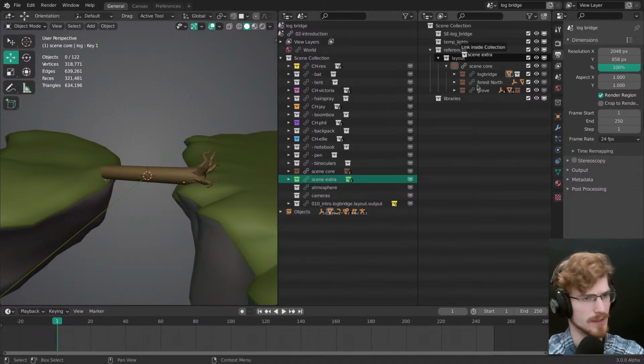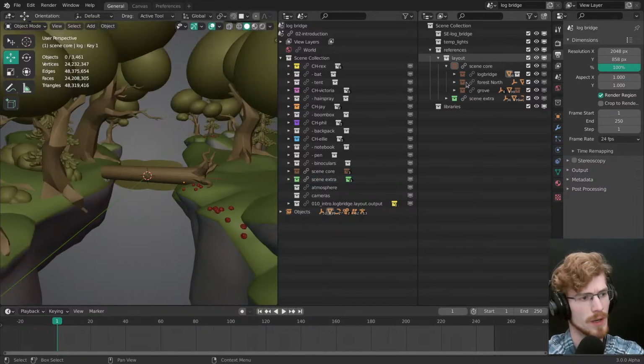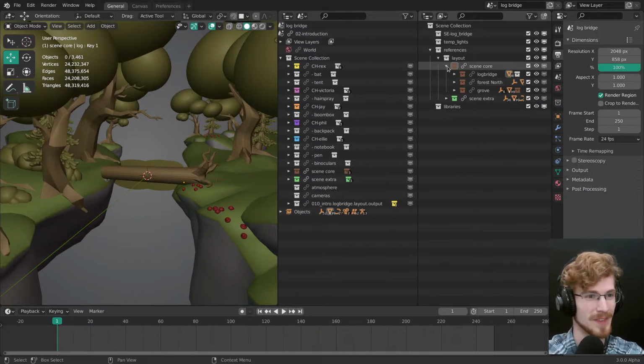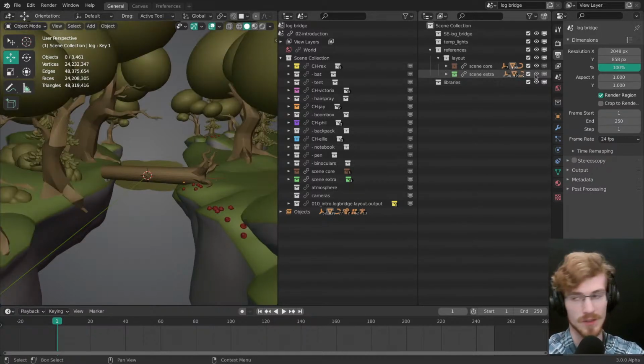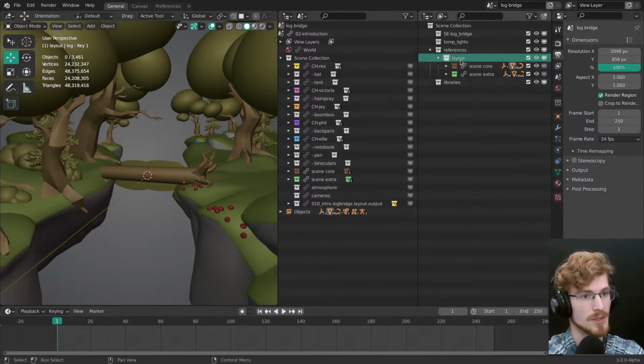I hope it didn't freeze. It's actually loading quite long. There we go. Okay, so now I've got these two collections already linked in. This is perfect. In terms of the set, I don't really need anything else, but I'm just going to,